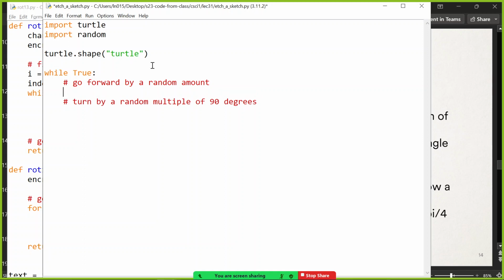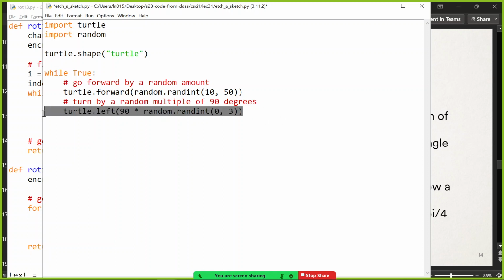So that's what I would like to do with the turtle. Go forward by a random amount, turtle.forward by random.randint, and what's the smallest we want to go forward? Maybe like 10 to 50. That's the smallest line you can draw, the biggest line you can draw. And then go left, maybe turtle.left. You could also say turtle.right, it doesn't matter, because we're going to give him every option between 0, 90, 180, 360, so they're all there. But some random multiple of 90 degrees between 0 and 360. So 0 and 3, I guess.